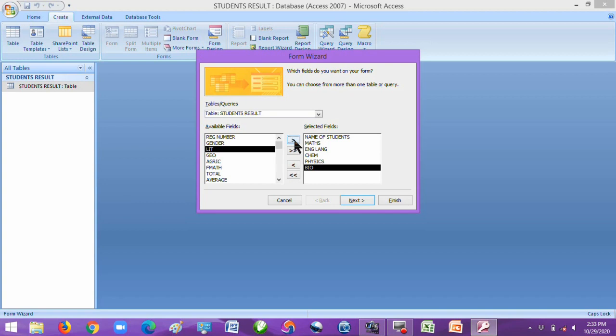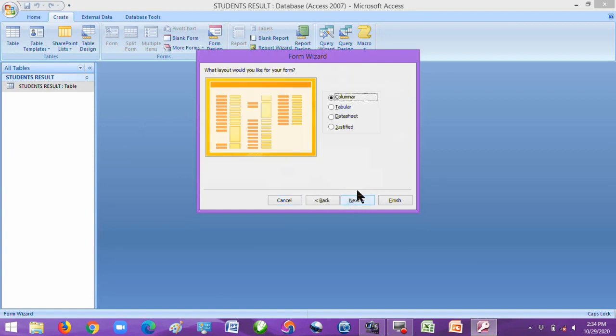But if you need everything, all the fields you have in the table to appear in your form, just click Add All. And if you feel there is a particular field here that you don't want, you can select that particular field and then remove. But we need it. In this case, we add. Then after specifying these things, you click next.